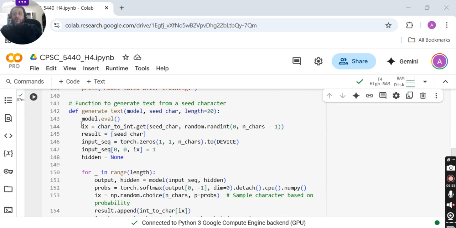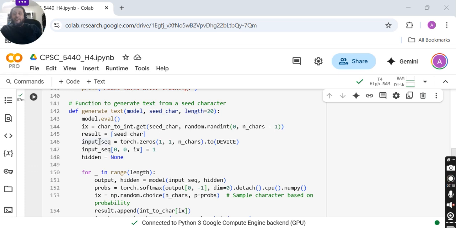First of all, you have to do model.evaluate, so that the model is ready for testing. Here I'm converting the character to an integer, the seed character. The seed character is the character I want my sentence to start with.